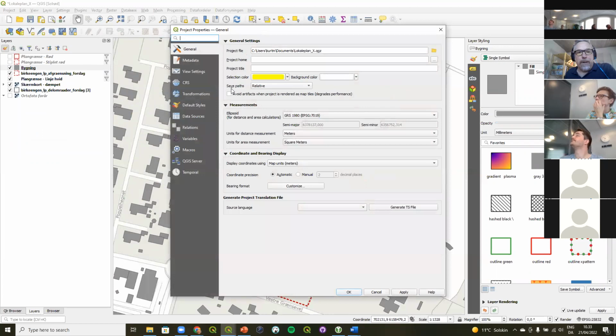And here there is a setting on the general tab for paths. There's two choices, relative and absolute. So this has to do with where the data are in relation to the project file,